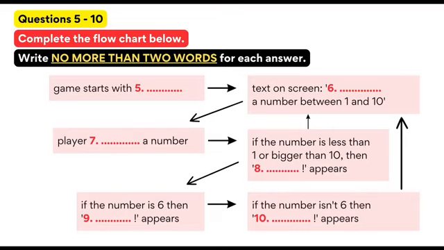I see. And line 60 says, if I equals 6, then print. Correct. Okay. So if they've typed 6, they've got it right. And if they haven't typed 6, which is the next line, then try again comes up on the screen, and that takes them back to where they choose another number. It's clever. Well done.